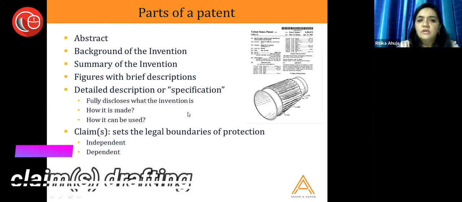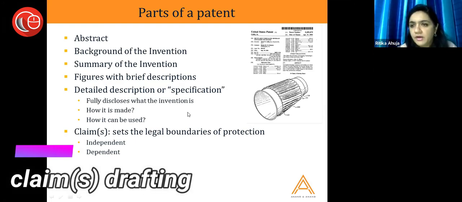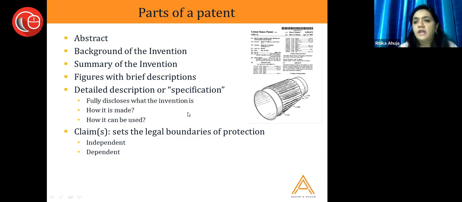And then we have the claims, which are, I would say, the most important part of a patent, where we write about what my technical concept is. It is written in a very specific language. If you've seen any patent application, it's not an easy language to write a claim. So claim drafting is a very typical skill which is there with some people, and very specific people draft patent applications actually.